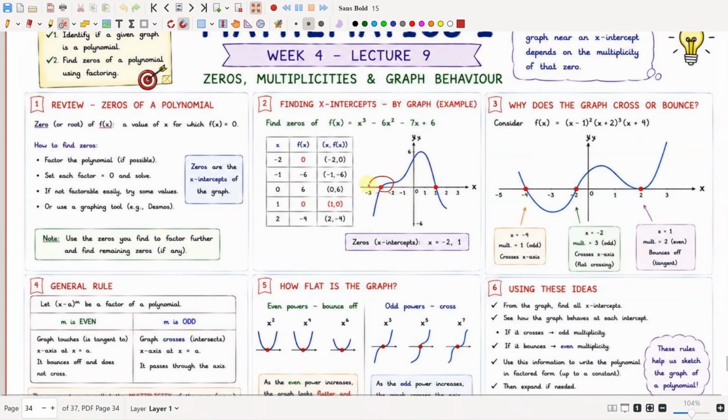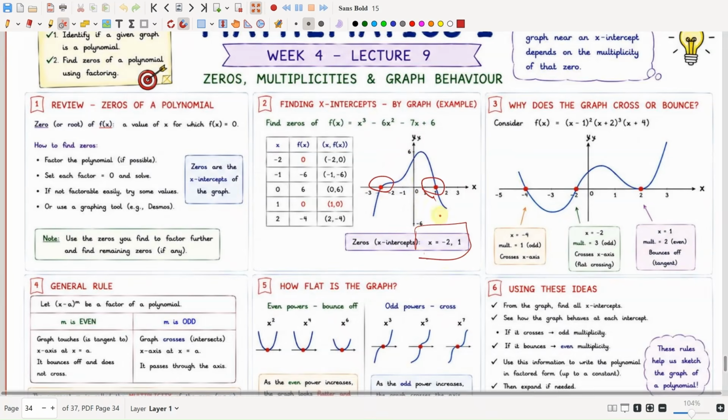Then some points will touch the x-axis. Those will be the zeros of the equation. Okay, so this is how we find the zeros of the equation. So why does the graph cross or bounce? Why does a graph